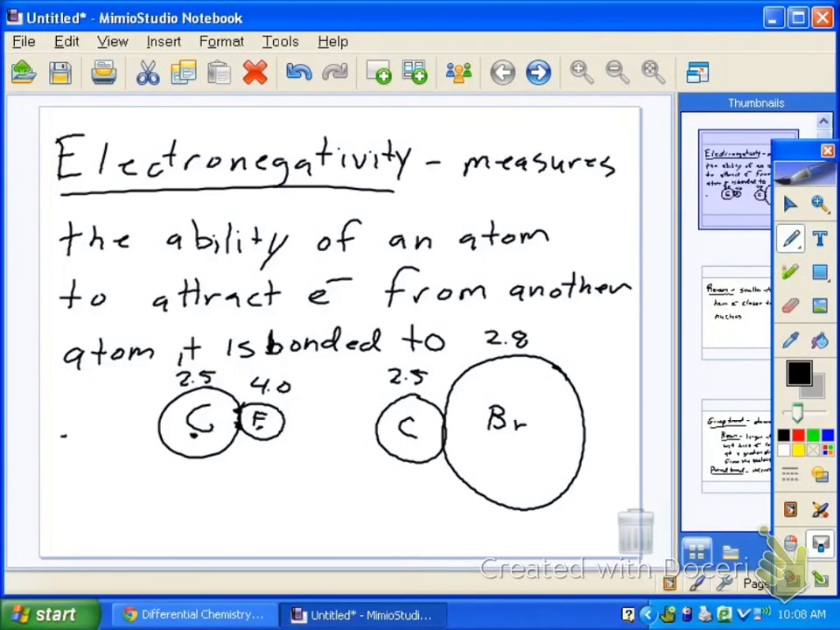So fluorine, when you look on page 159, no, that's not 159. Page 161, when you look at fluorine, it's going to have a 4 in its box. And that represents the electronegativity. Carbon is going to be 2.5. So that means if we share these two electrons between fluorine and carbon at this point, those two are being shared,